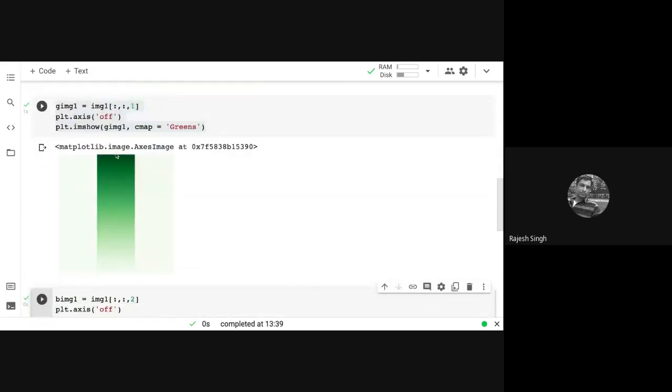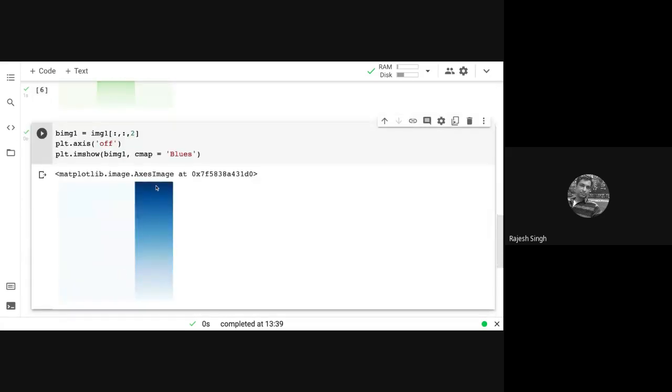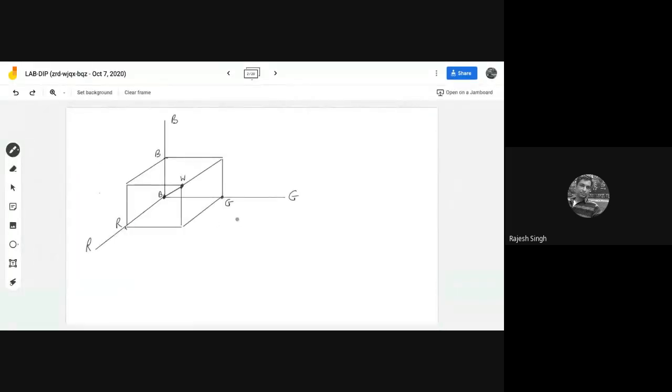Value on this varies from green component maximum to 0. Value on this will vary on the blue axis from maximum to 0. So as I had shown you here, these three axis values we have extracted.